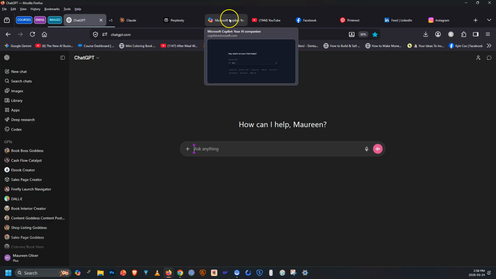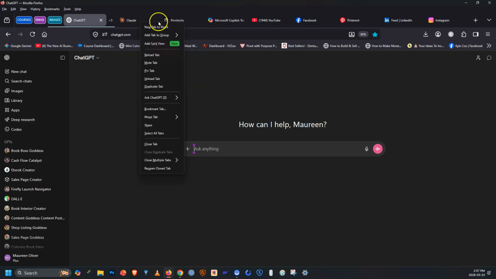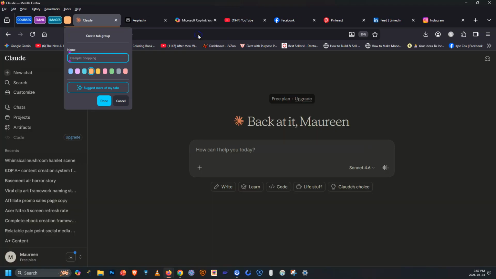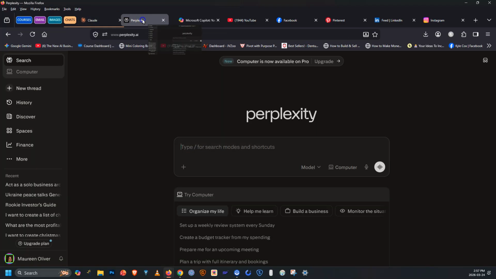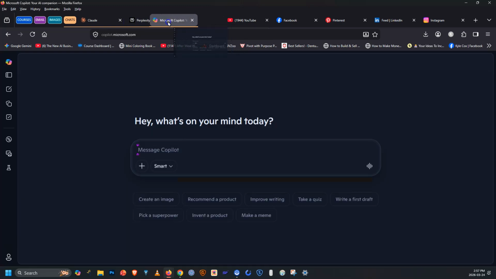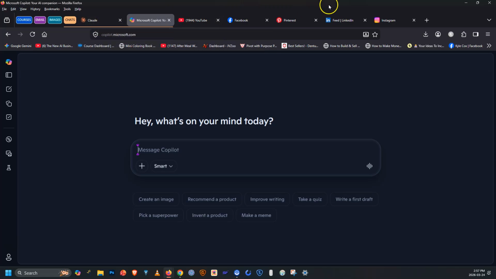Now here are my chat programs, I would say. Yeah, so some of them anyway. So I'm going to right click and go to Add Tab to Group. I'm going to go New Group, and I'm going to put Chats. Okay, so I'll leave that orange, click on Done, and see it's underlined. I'm going to drag that over,